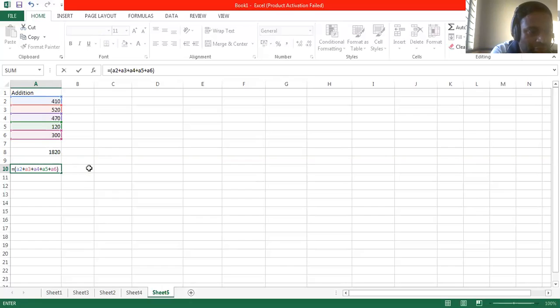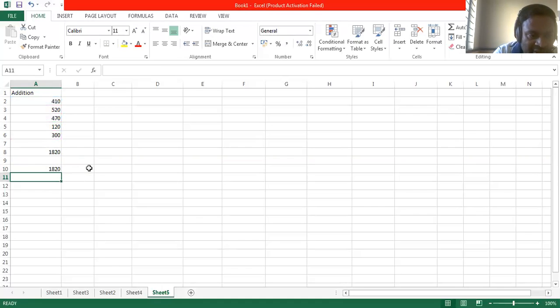I just used equal to and the brackets, and in between I mentioned the cell addresses individually. When I enter the individual cell addresses, you can see all the cells are highlighted and selected. After entering the formula, press enter, and the total is automatically displayed, right?